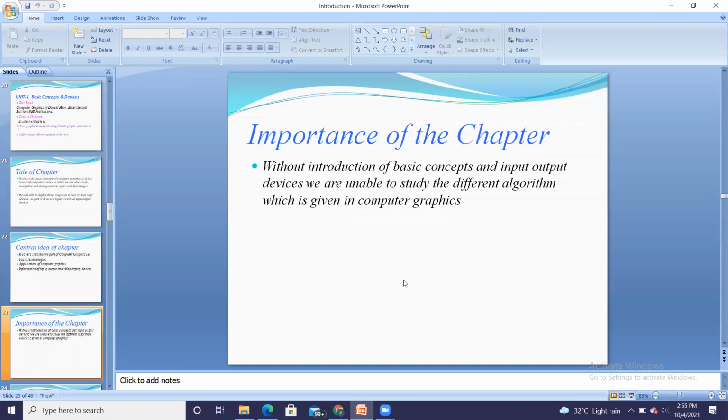What is the importance? Until and unless you know the basic concepts, we cannot move further, right? What is a pixel, right? If I say pixel, what comes to your mind? Camera range. Yes. A little box on a screen, ma'am. Okay, a little box. So instead of a box, I can say a point. So pixel is nothing but a point which has its X and Y coordinates.